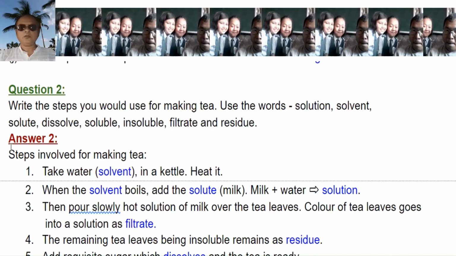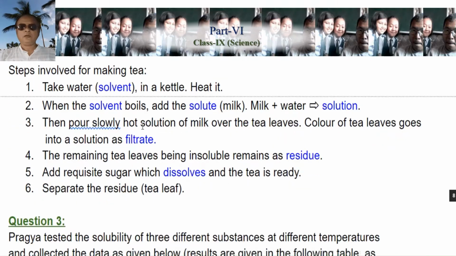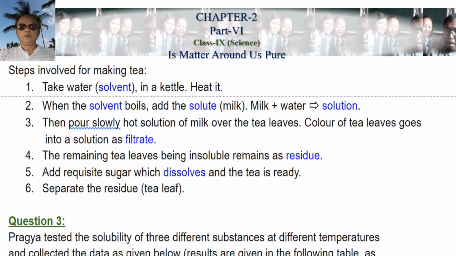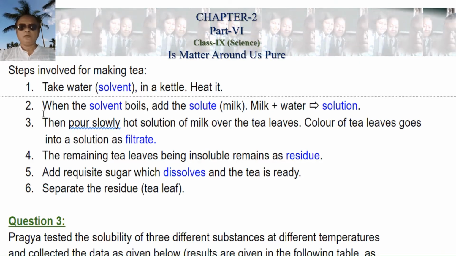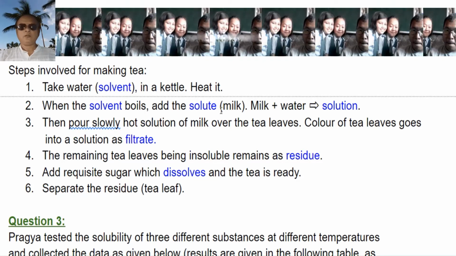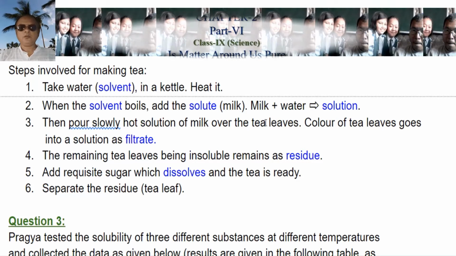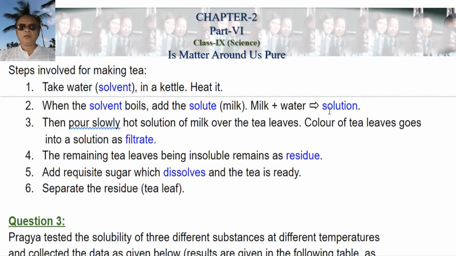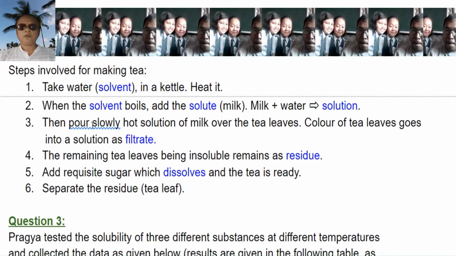Now let us do it. Answer: steps involved for making tea. Number 1, take water, the solvent here, in a kettle and heat it first. Then when the solvent boils, add the solute, milk. So milk plus water will give you a solution. So the solution is made blue color. Then